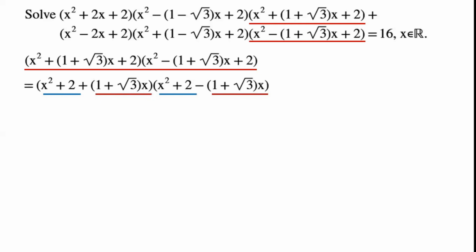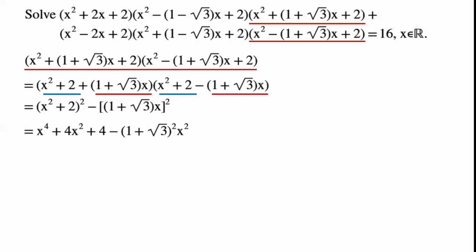We can see that both parts of this algebraic expression have x squared plus 2, and one has 1 plus root 3 times x, whilst the other has minus 1 plus root 3 times x. The algebraic expression can be written as x squared plus 2 all squared minus 1 plus root 3 times x all squared,